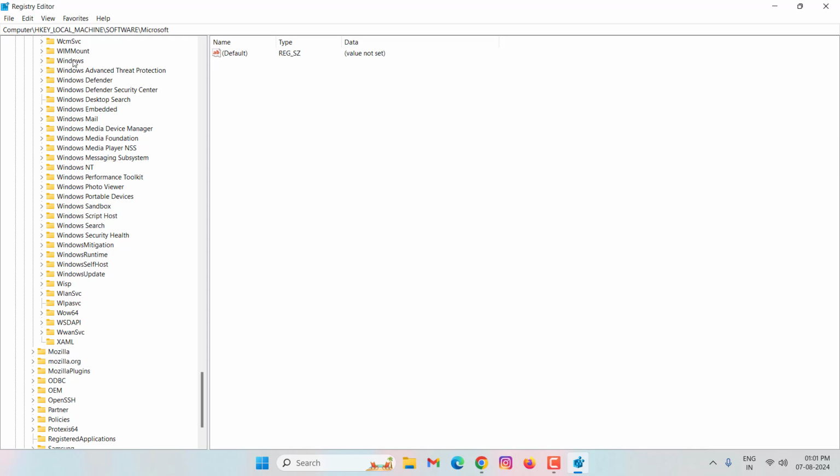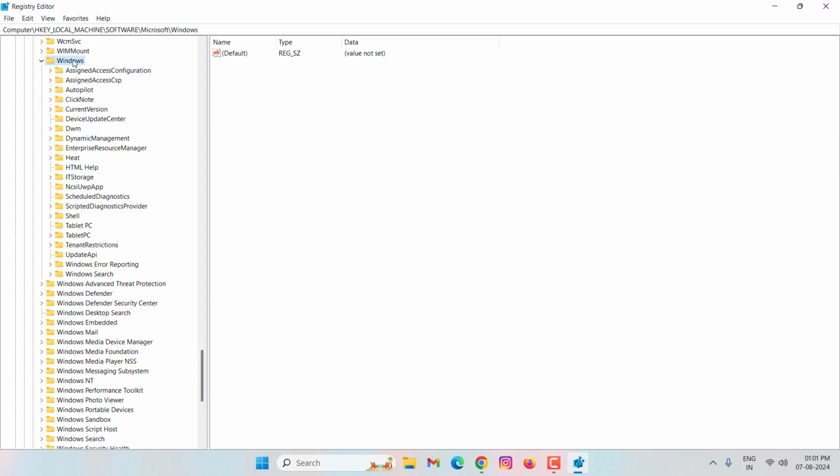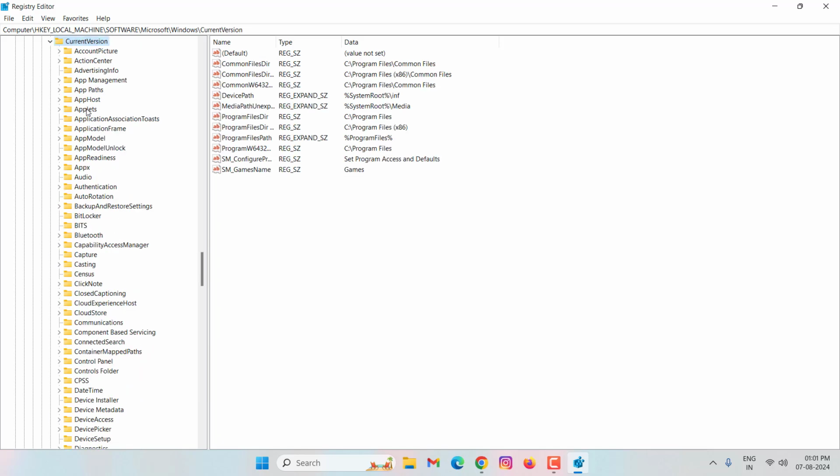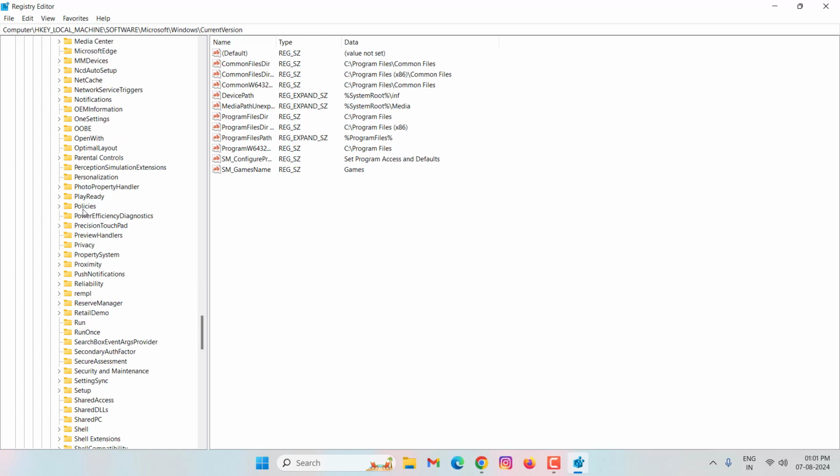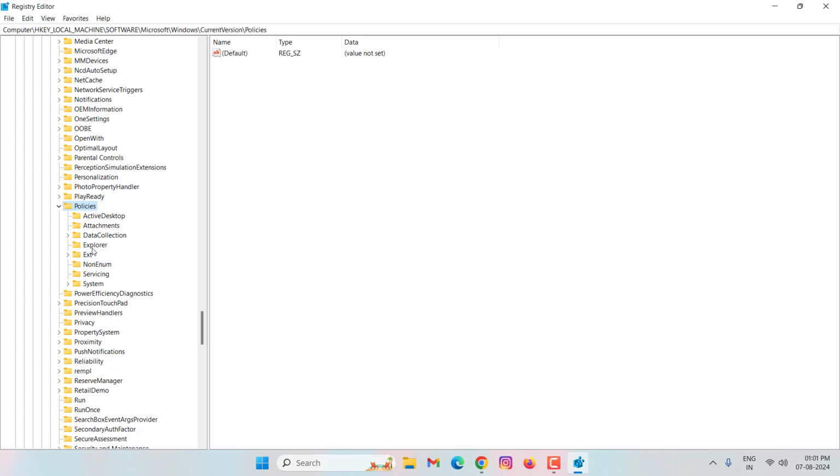You can see here Windows, double click on this, then double click on CurrentVersion, then select here Policies. You can see here Policies, double click on this, then double click on Explorer,